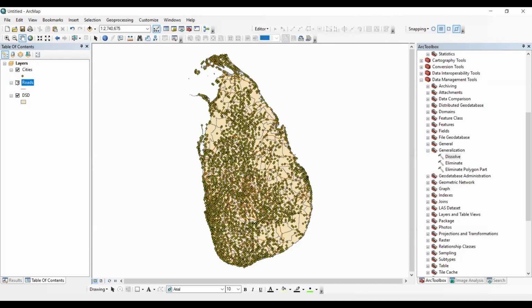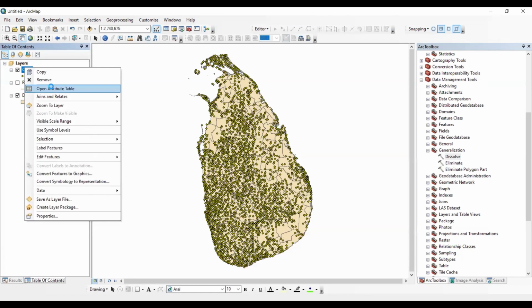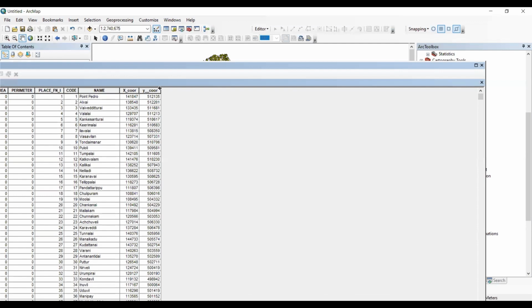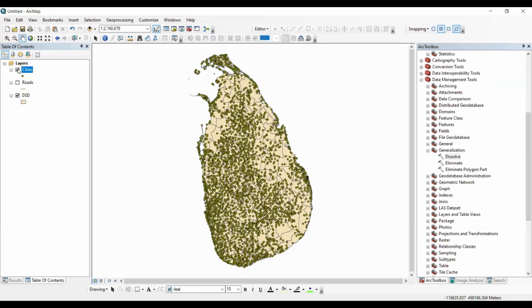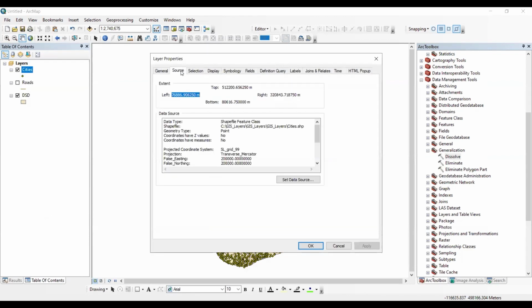Okay. Next, we'll go for the cities. For the cities, we have the coordinate system, so X and Y coordinates. We have to make sure what kind of coordinate system is assigned. Go to properties, then go to source. Here you can find out.